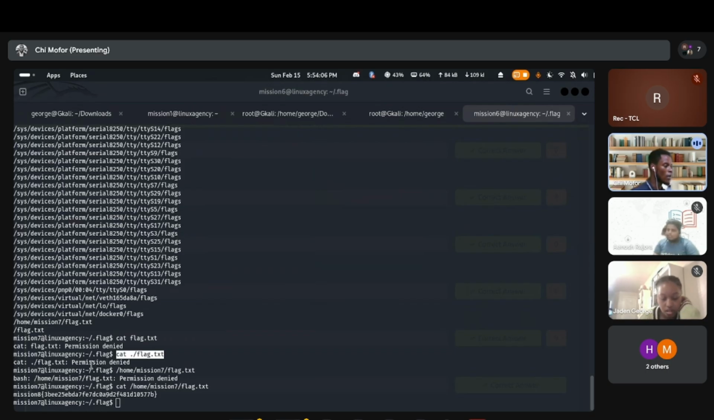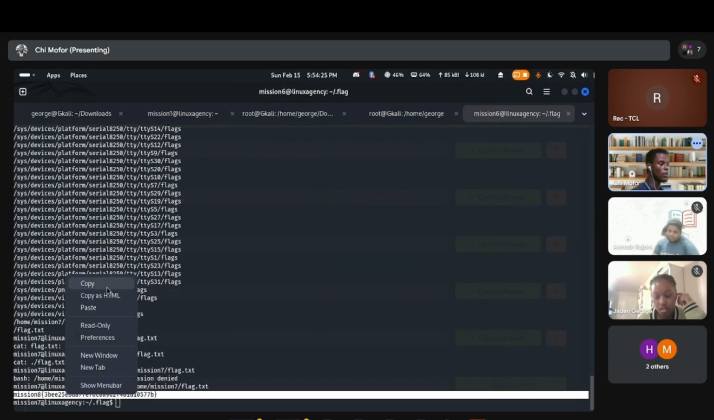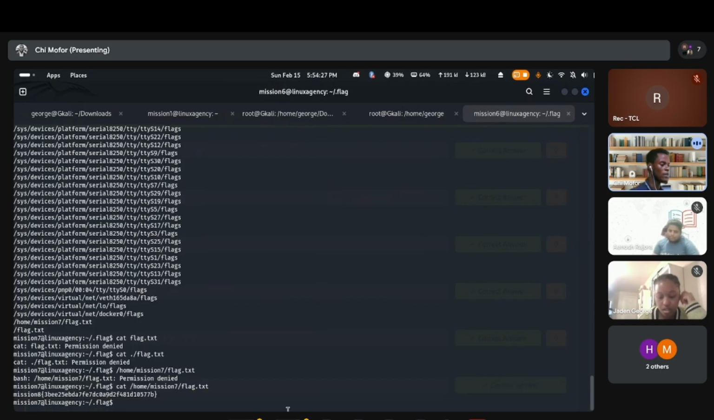What I was saying is I tried to open the flag text file, but it kept telling me permission denied. So what I had to do is change my directory to this home mission 7 before being able to open the flag file, and that is actually when I succeeded in opening it. So moving to the next,